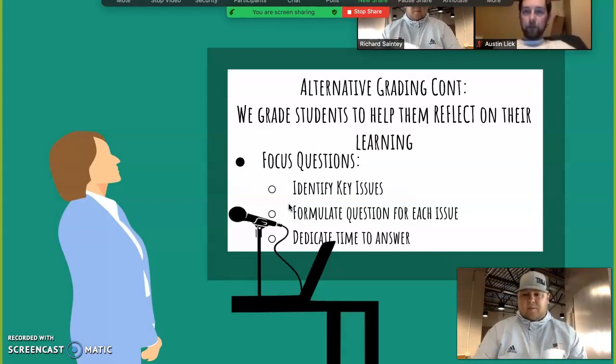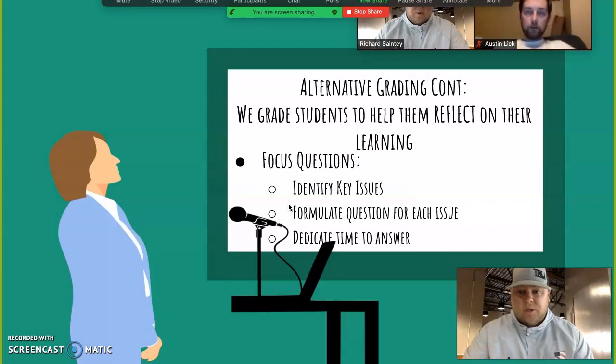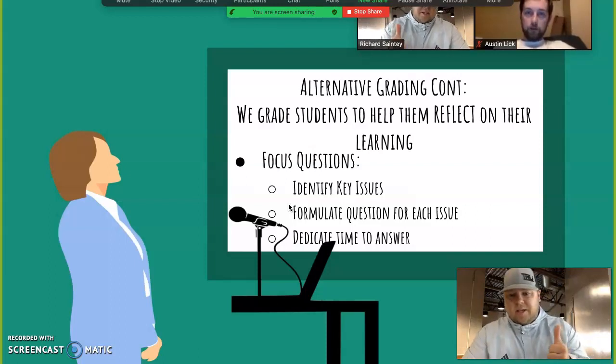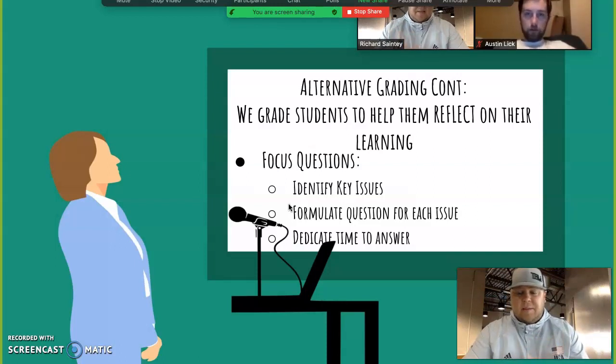We grade students, again, to help reflect their learning, like I talked about before in alternative grading. But there's a 3-part scenario they talk about when they say, let's get some focus questions to reflect. They want to identify the key issues, formulate a question for each of the issues, and then dedicate time to answer. Those 3 things are another way to assess in a different manner that gets kids involved. And that could be all the way K-12, as reflecting and speaking out loud is a